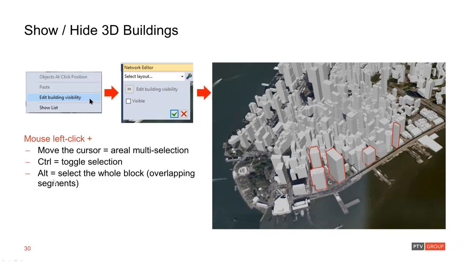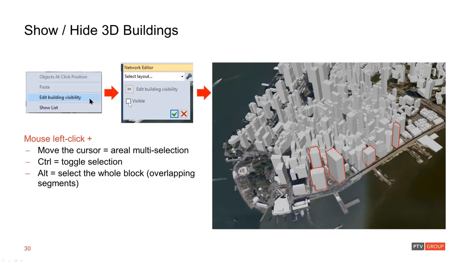And very important, with the Alt key, you can make Vissim select all separate 3D objects which overlap. So if you have buildings which consist of several parts, you don't need to click each individual part separately, which is quite difficult. So you can click all those, and then finally in that checkbox they are visible, you click check that for